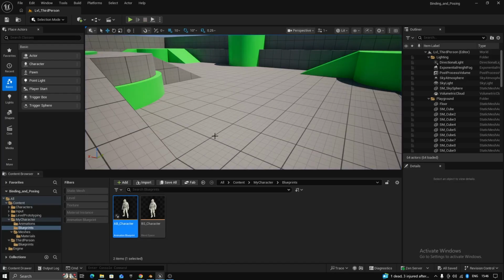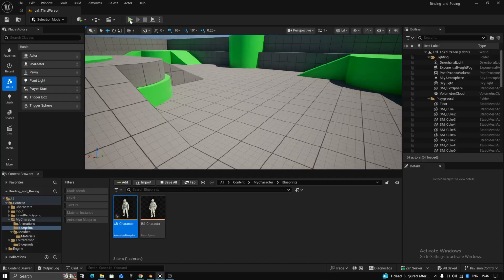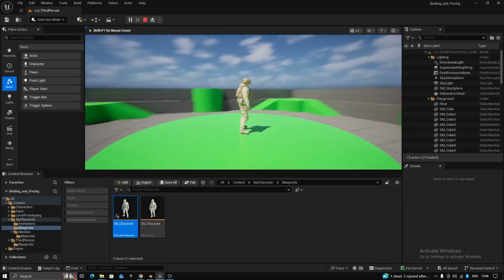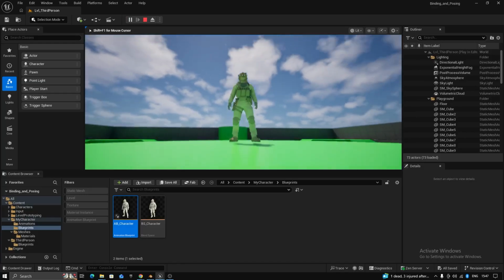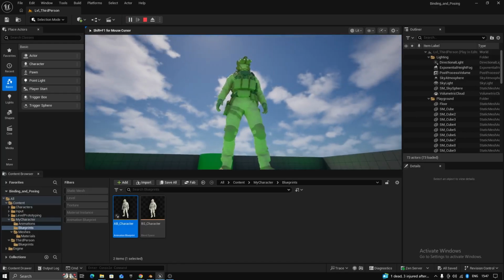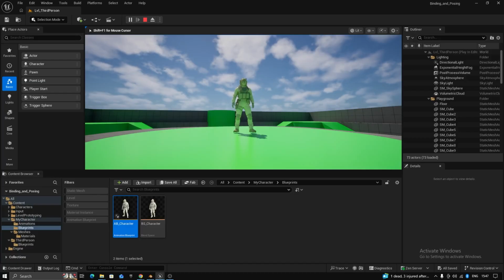So yeah, this is what binding and posing of your custom character inside Unreal Engine was. Hopefully, you all were able to understand what I was trying to